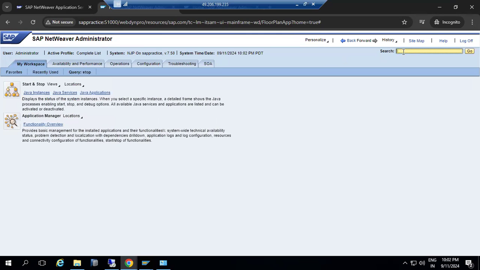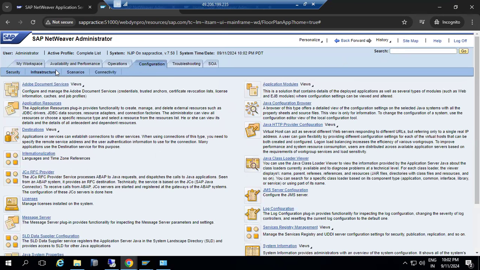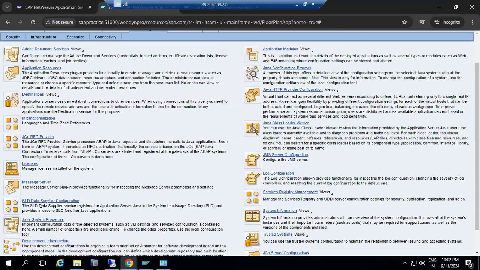So here you need not worry about the navigations and everything. The only thing is whether this can be possible or not. Yes, this can be possible. Then we need to come here and type it here. Maybe if you type it, only a few tabs will show, and all will come. Destinations, we know already this is there, right? Internationalization language and time zone preferences, Jaco RFC, Java connection providers, licenses, message server details here,